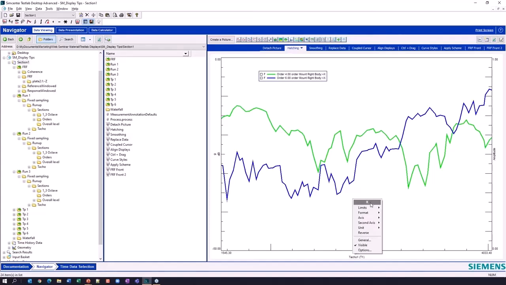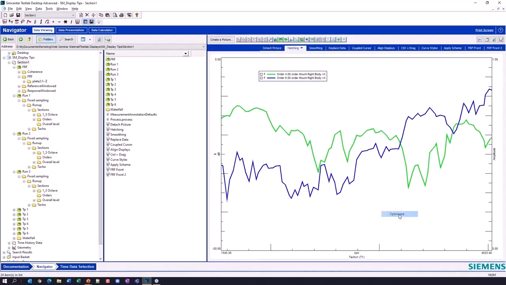It tells me I'm about to change some options for my x-axis. I can certainly change my limits. Free means it's going to go literally to the data value. So you see this odd number here, 4033.4 RPM. My lowest value is 1545.3. Those are exact data points that I have.